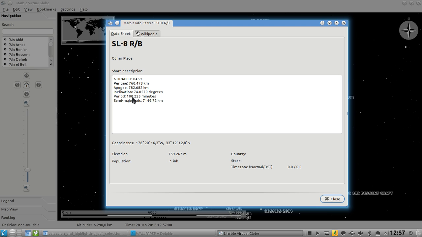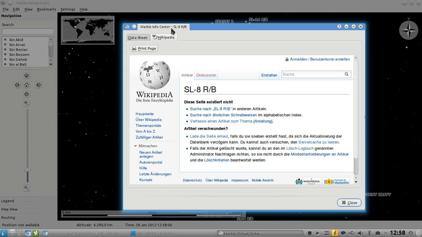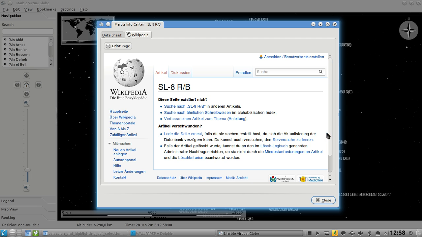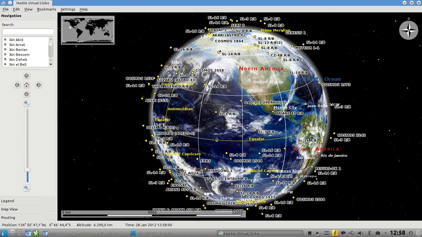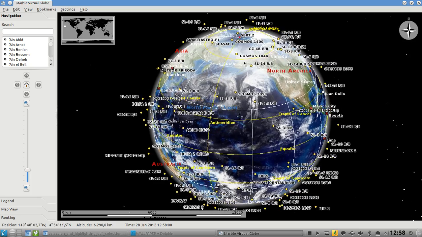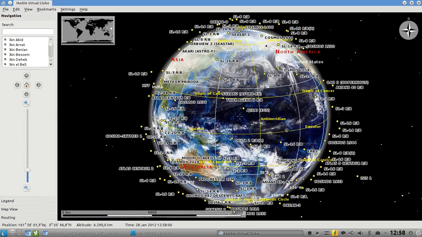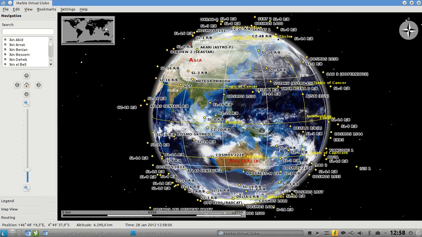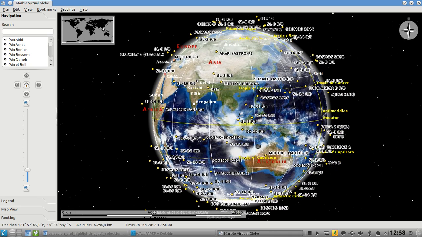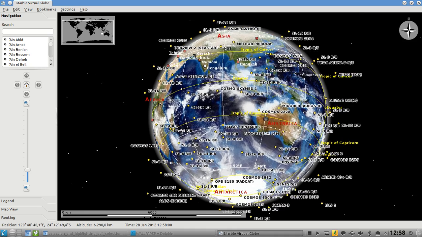The period, 100 minutes it basically takes. You have some Wikipedia entries here for this satellite. In this case, they don't have any. So let me search for a more popular one, if I find someone which I know. There's so many, but this is a really, really cool new feature if we want to explore the satellite system